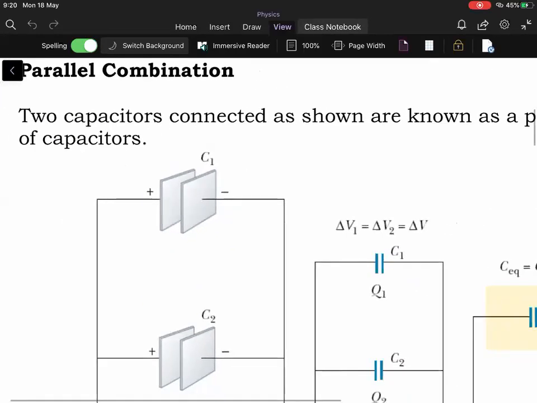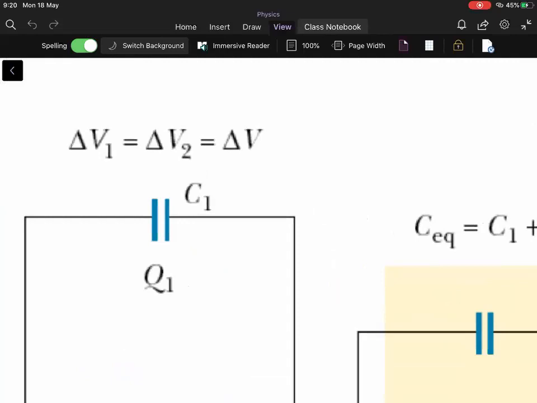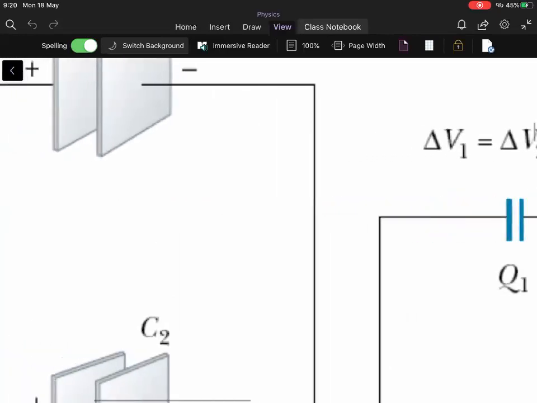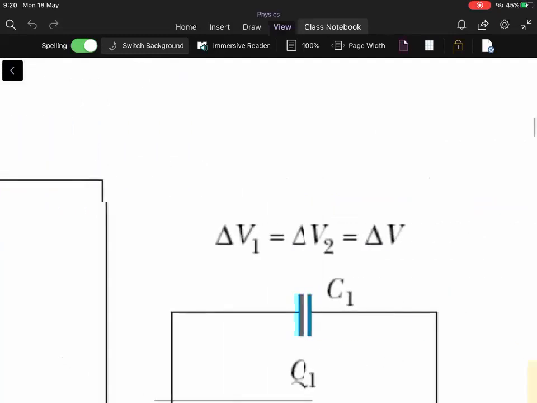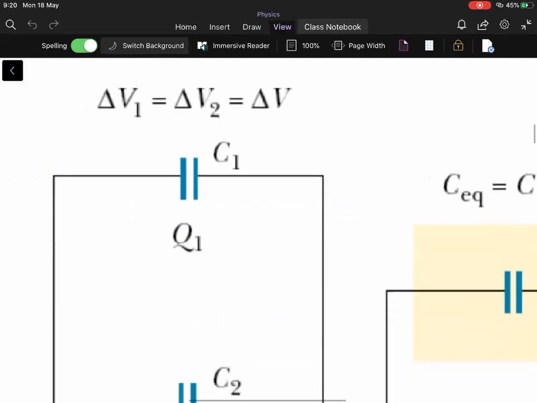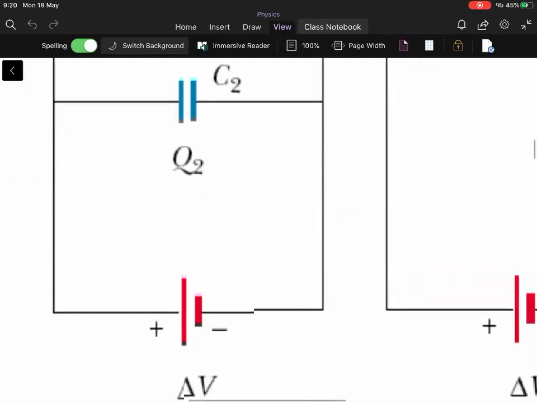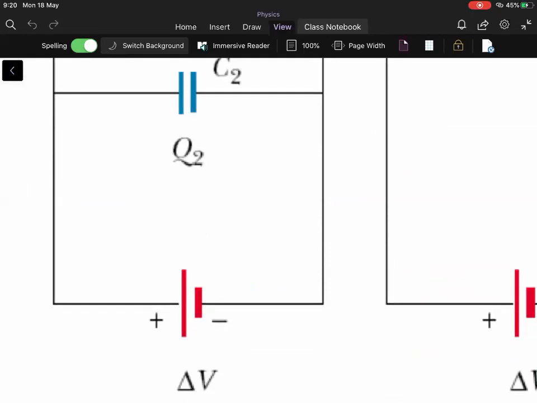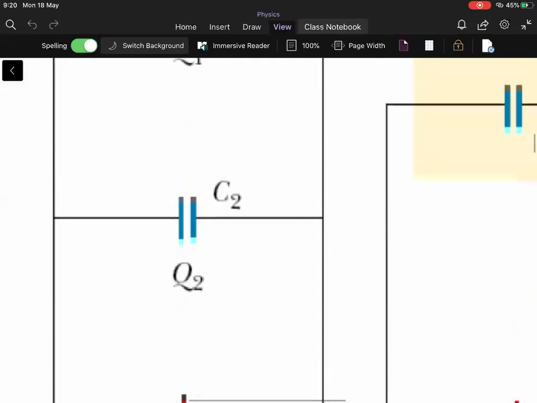So rather than drawing the actual capacitors, what we do is we make use of symbols. The symbol of a capacitor is two parallel lines. It basically signifies a parallel plate capacitor, but it need not actually be. It need not always be parallel plate. It could be cylindrical or spherical also. But as far as the symbol is concerned, we will always make use of these two parallel lines of equal length. However, that of a battery or a cell has one line smaller than the other line. The one which is longer is positive, the other one is negative.